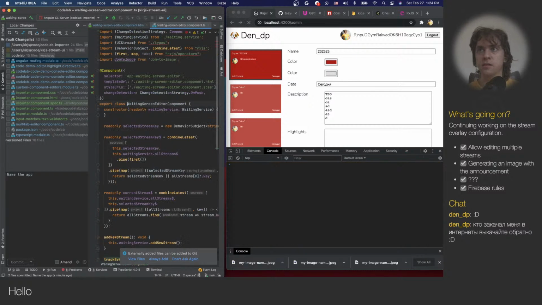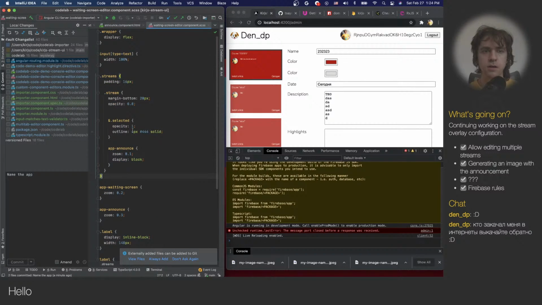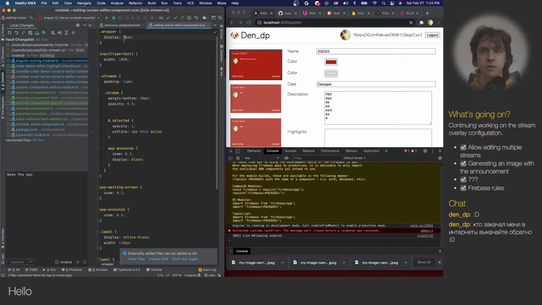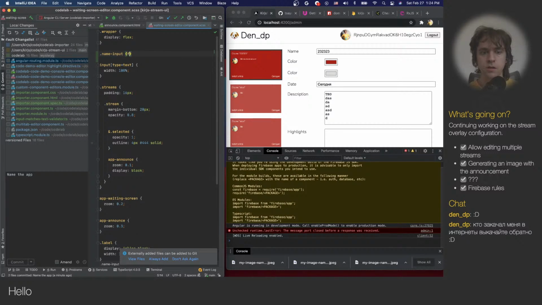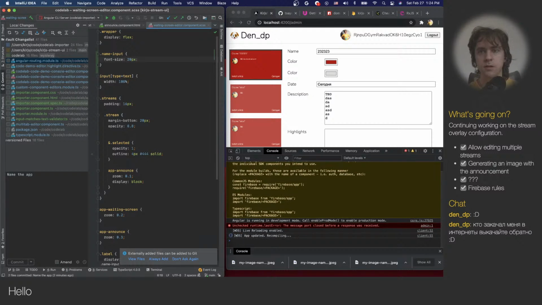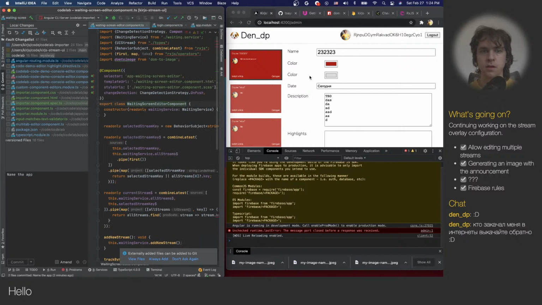So I'm gonna take this name input, where is CSS, and I'm going to make it larger, font size, I don't know, 20 pixels, because it's kind of the most important thing. And then